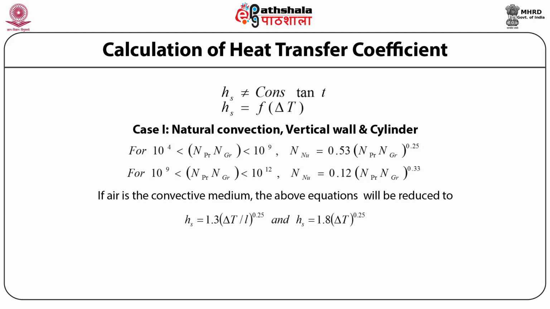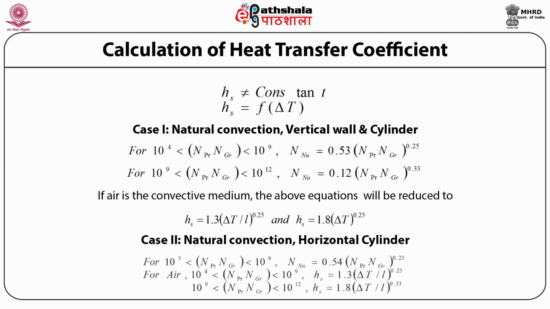We have discussed natural convection in a vertical plane or cylinder. Let us see what happens when we calculate the natural convection in horizontal cylinders. As we already discussed, the Nusselt number is a function of the product of Prandtl and Grashof number. If the product of Prandtl and Grashof number is between 10 to the power 3 and 10 to the power 9, the Nusselt number will be 0.54 into (Pr Gr) to the power 0.25, which is different from the vertical case,